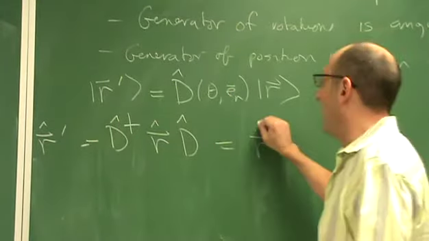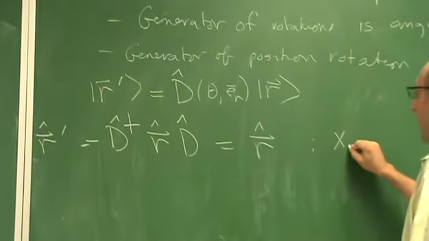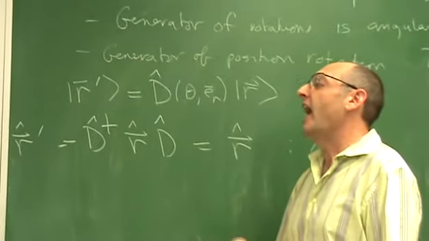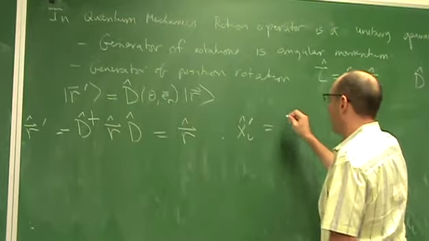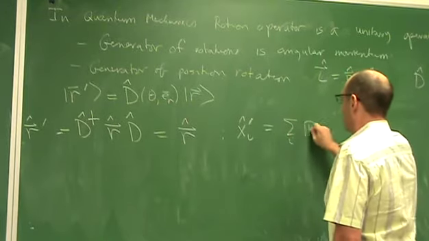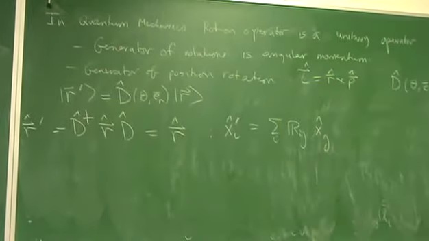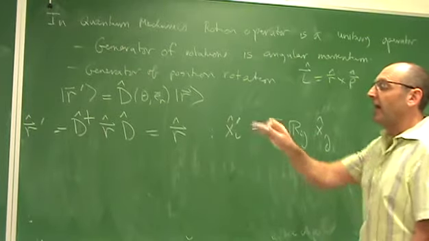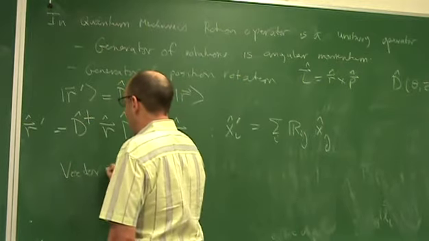So this is all operators now, which is to say that the coordinates, or the transformed position operator, has components x sub i prime. They are transformed according to the SO(3) rotation matrix. And thus we define, according to this, a vector operator